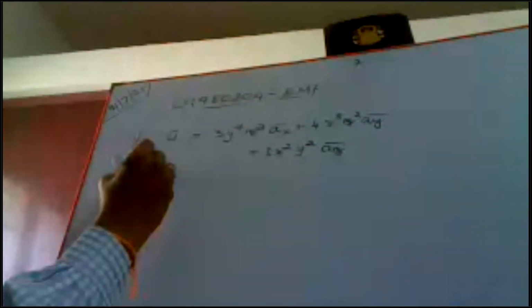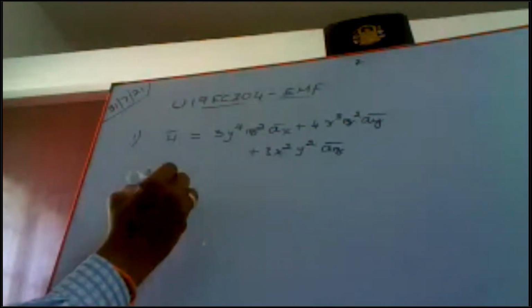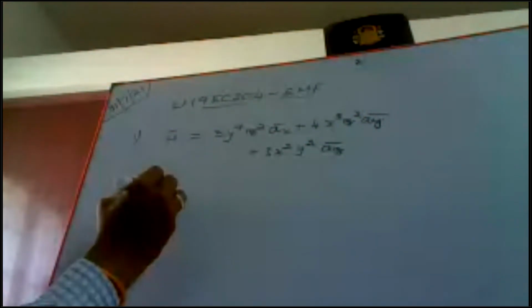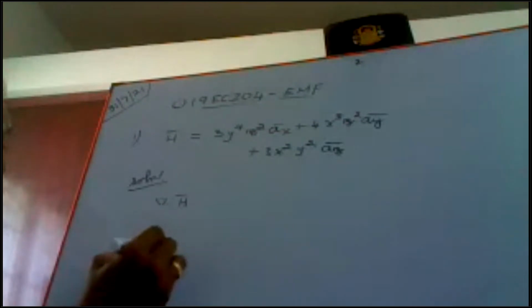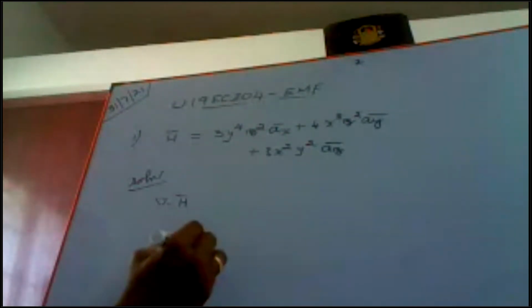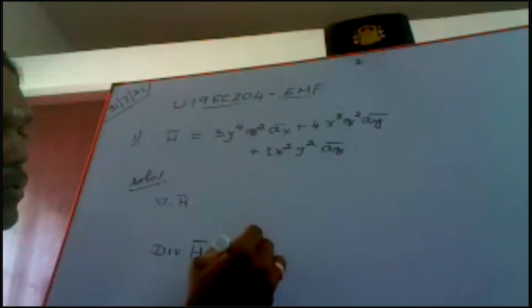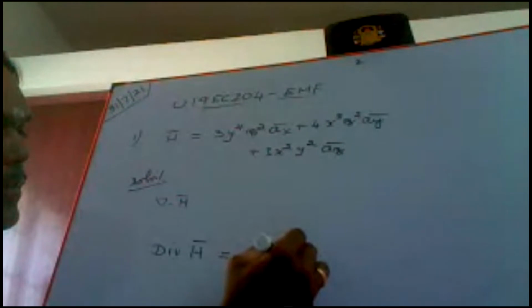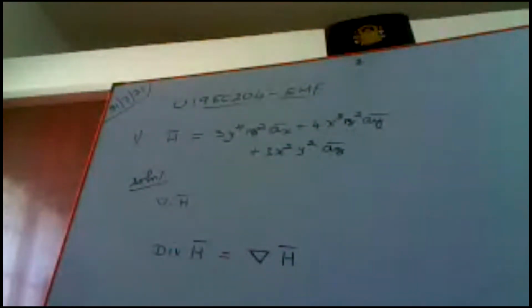Okay, we have to prove that this is solenoidal. So how to do it? For the proof, for checking whether this is solenoidal or not, we have divergence. Divergence we have to find. Divergence we call it as div also. I said in the last class, div H. Div H means two operators will be there, del and H vector, both will be available. What symbol should be available between del and H?